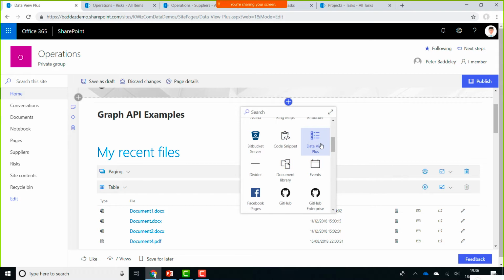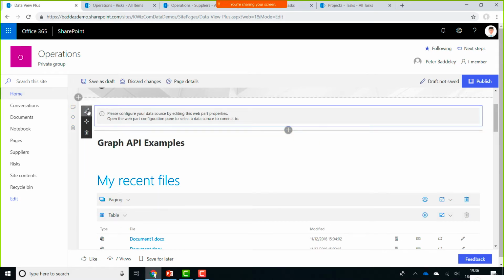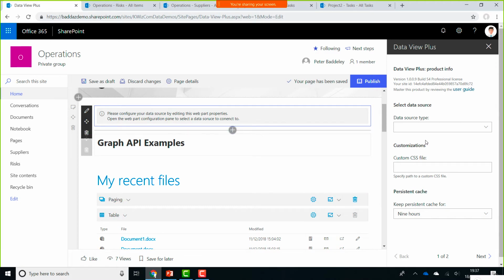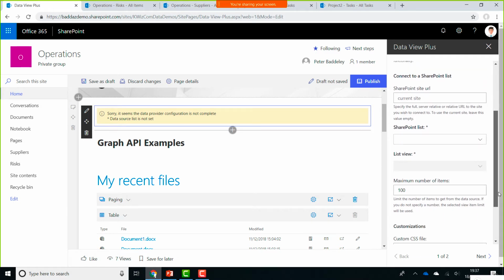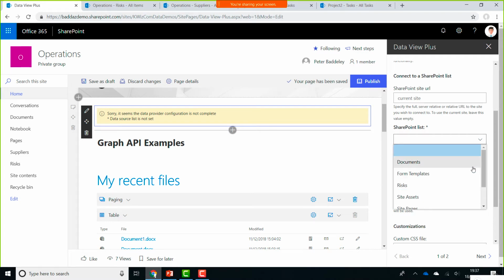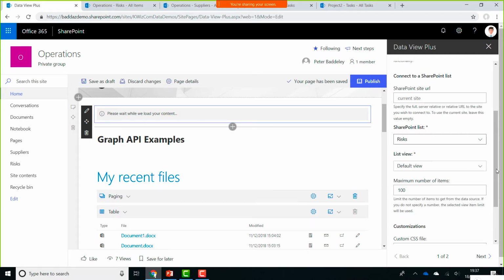So if we add the Data View Plus web part and we go in there and edit it, we start off by selecting what type of information we want to connect to. In this case, we can connect to data in Excel, we can connect to the Graph API, we can connect to list data, we can connect using the list aggregator, or even SharePoint search. So for example, when we connect to a SharePoint list, we can then do things like access those custom controls around how they are presented. So if I go into risks, for example,